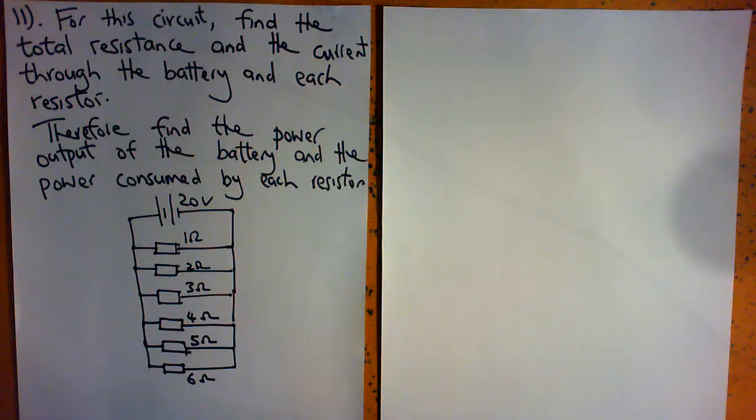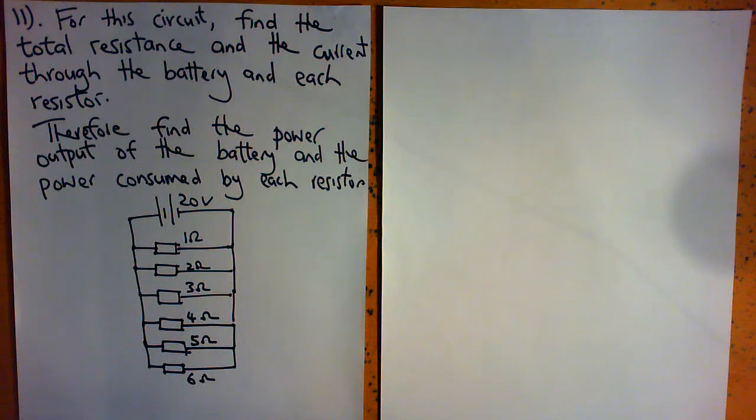Either way, it's only going to pass through one resistor. 6 different paths, but each path only contains one resistor, and therefore this circuit is purely parallel,